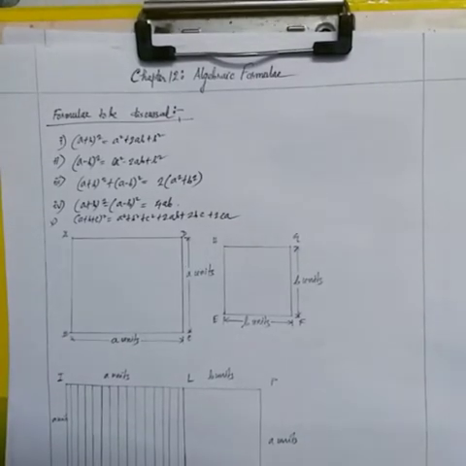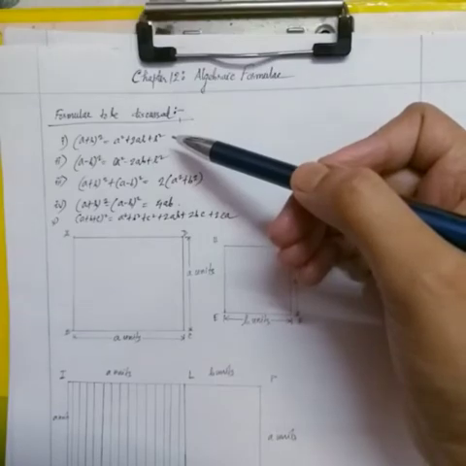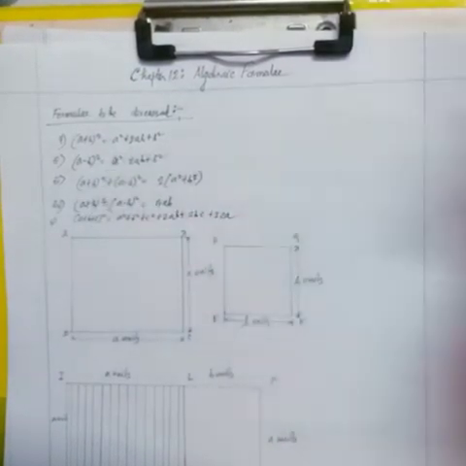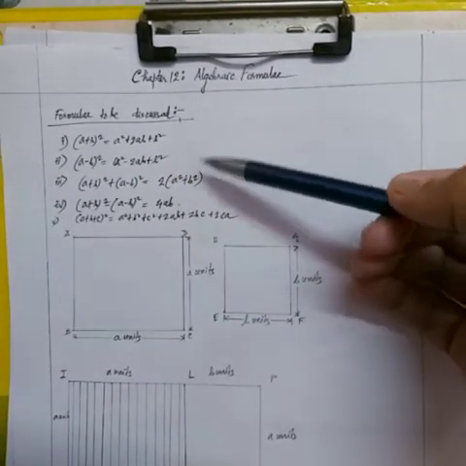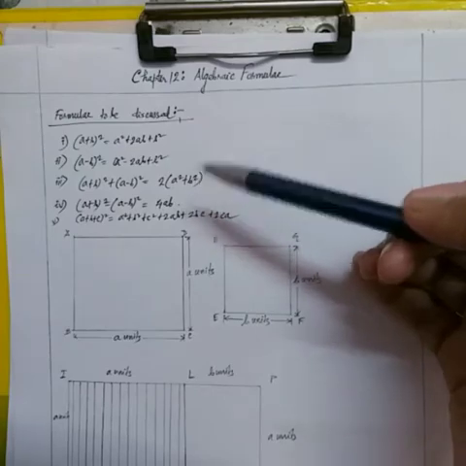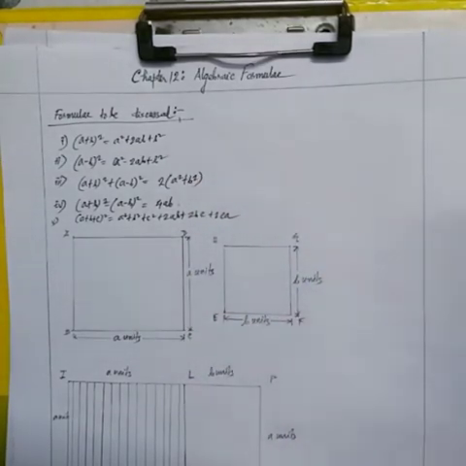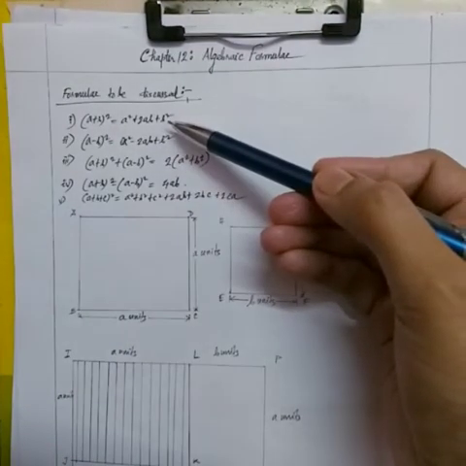So as you can see, the first formula that I have written is (a plus b) whole square is equal to a square plus 2ab plus b square, and there are four more such formulae mentioned here. I hope that most of you are well aware of these formulae right now, but still their derivations are very interesting and quite useful too. So let us first discuss how we got this formula.